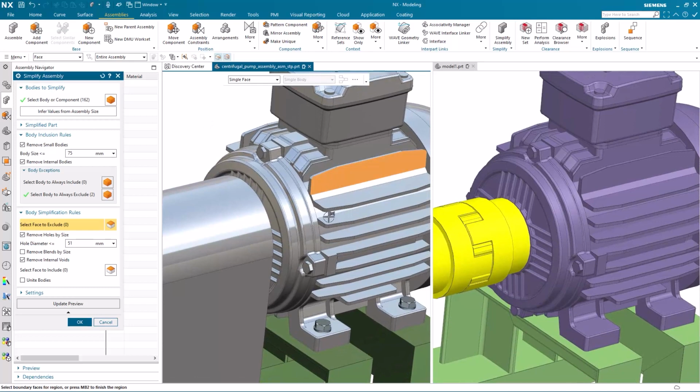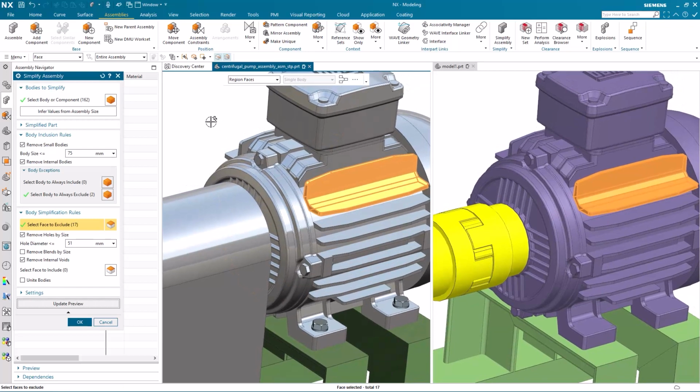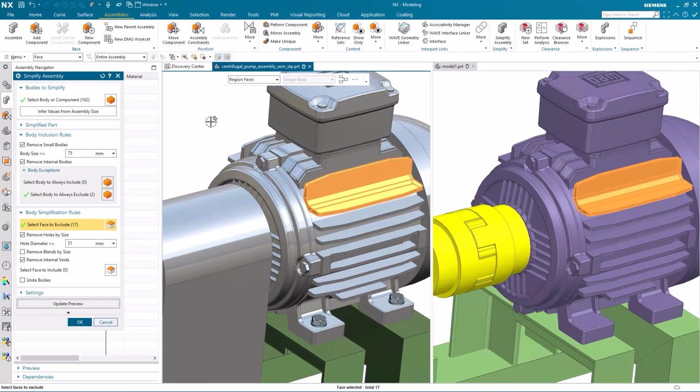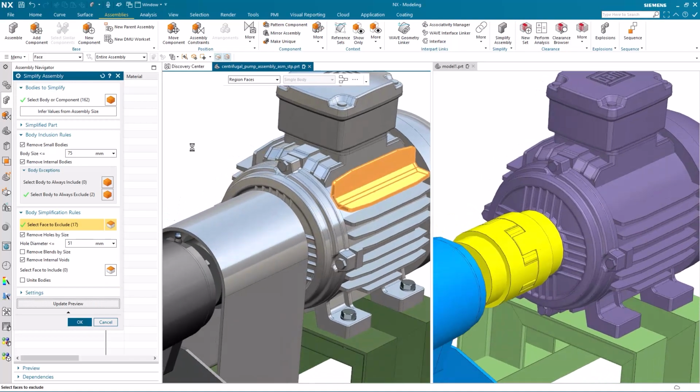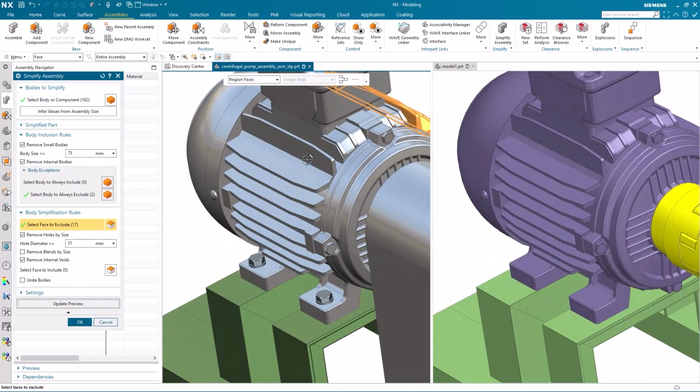Again, I can pick on that face. Using region selection, boundary face, it'll automatically find the region that I'm interested in, and I can remove that. I could continue to do the same for the other side.